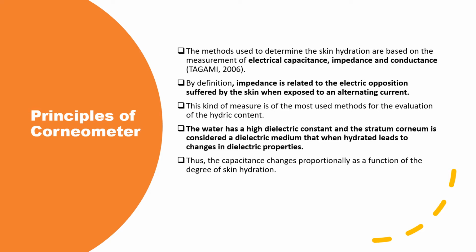So the equipment is very simple. It is a computer software program attached to a monitor screen, and along with that is attached a probe. You apply the probe on your skin where you want to measure the hydration level. After applying it for at least 1 minute, it will automatically generate the value. It will automatically show you the readings on the monitor. These recordings can be saved also.